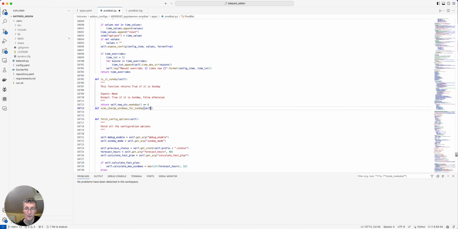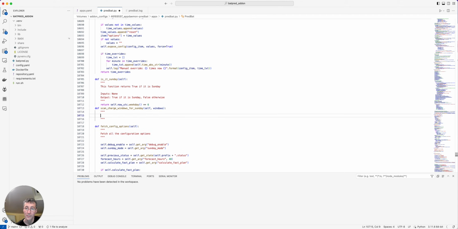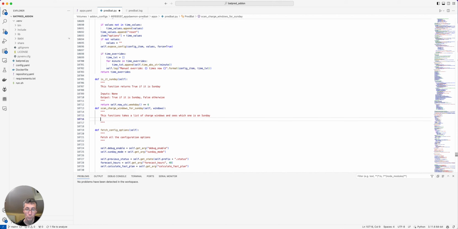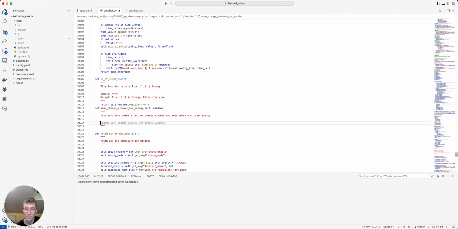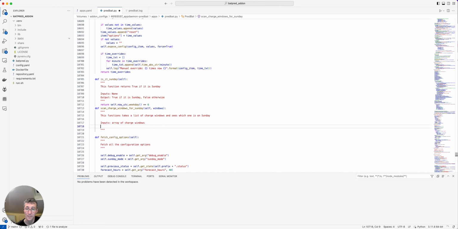So let's have windows. So this function takes a list of charge windows and sees which one is Sunday. Inputs: array of charge windows, outputs